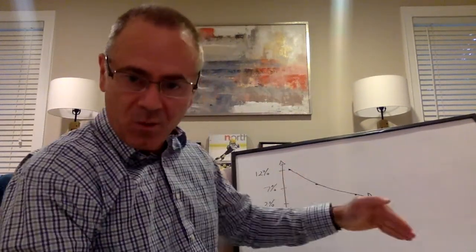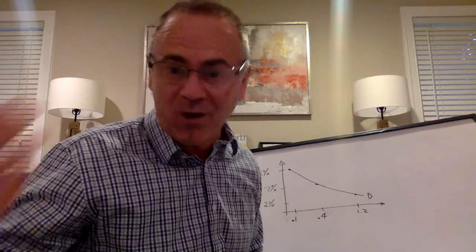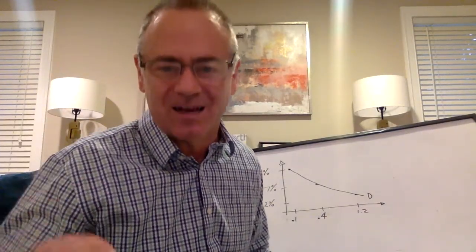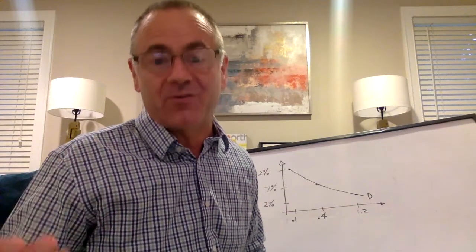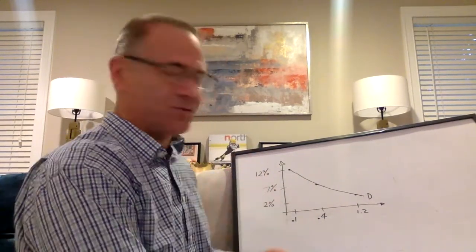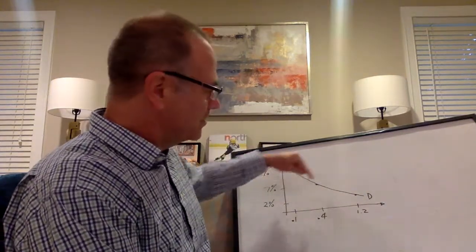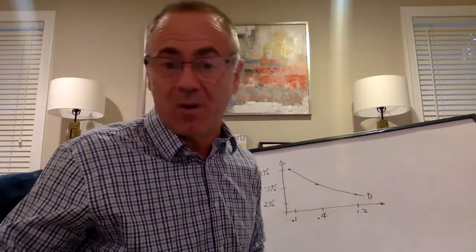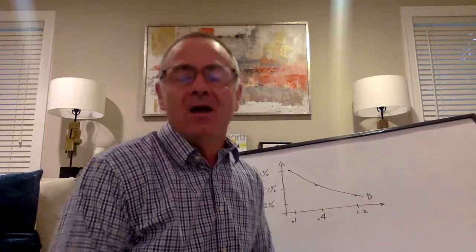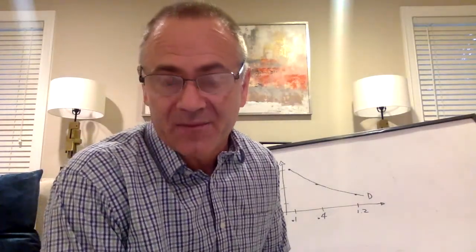People would want to borrow more when the price, sometimes people call it the price of money, is lower. The book says that's not quite the accurate term. The more accurate term is the price of borrowing. So if the price of borrowing is at various interest rates, as that interest rate goes down, more people want to borrow more money. That's the demand for money. Okay, so what about the supply of money?